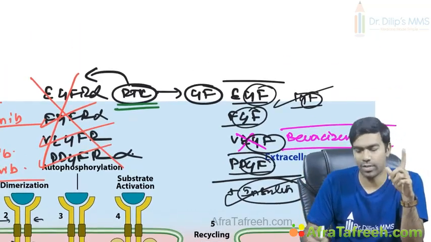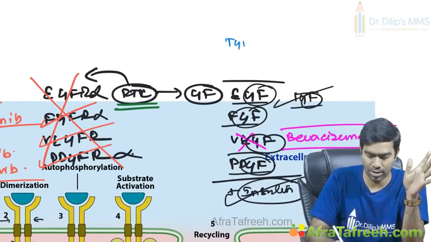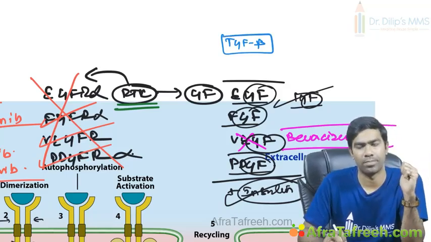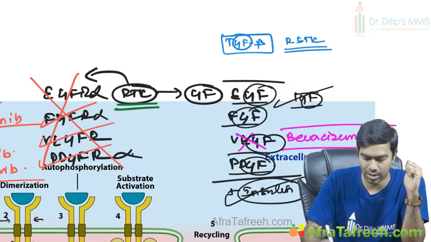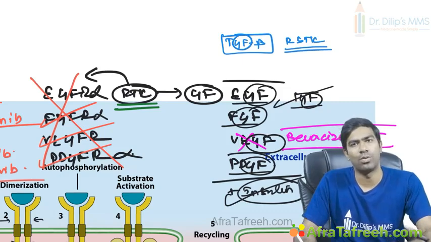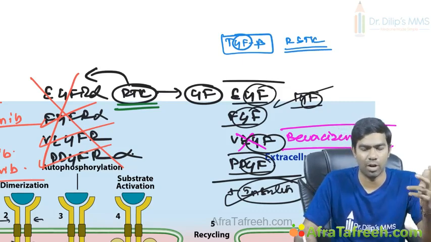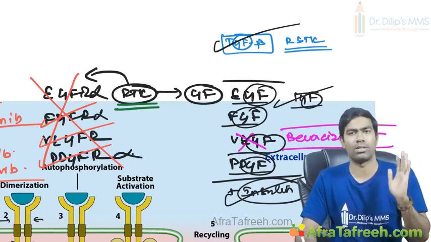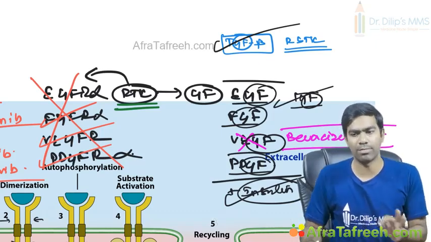But one growth factor is a very, very important exception that doesn't act through RTK. You have to remember it is TGF beta. That's called transforming growth factor beta. Because this growth factor is going to act through receptor serine threonine kinase, not through your receptor tyrosine kinase, RTK or NRTK. It's going to act through receptor serine threonine kinase. A very important exception that you have to know for the exam. TGF beta is RSTK, not RTK.